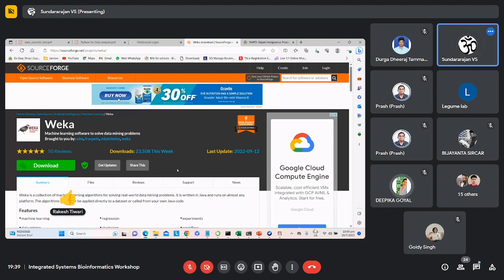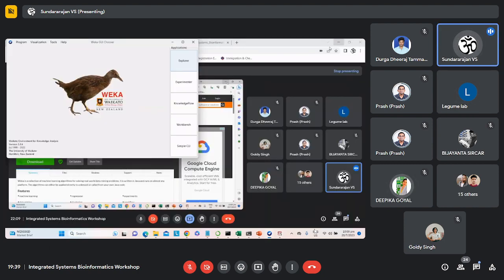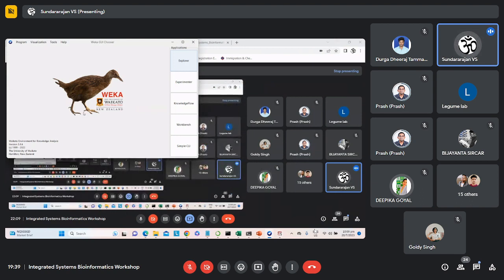Yes, sir, I have installed it actually. Yeah, once you install, you see this bird symbol, a small icon on your desktop. So if you double click, you will get this window. Everyone got this? Okay, so once you get this,